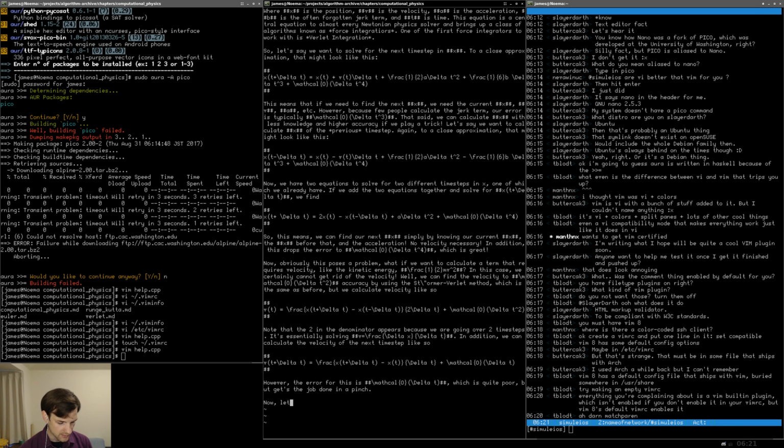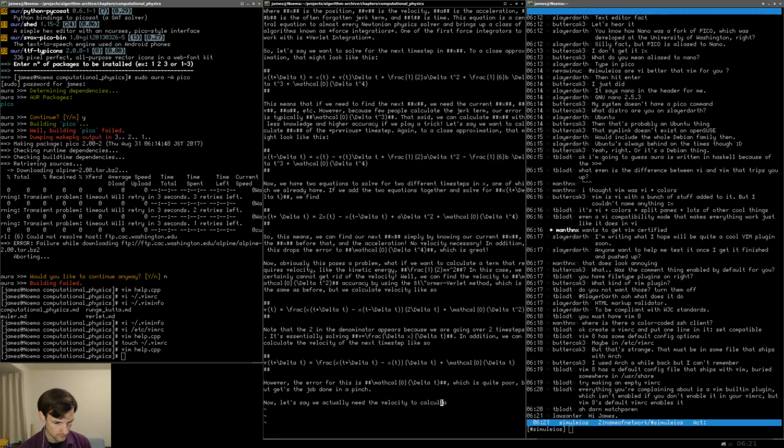Now, let's say we actually need the velocity to calculate our next time step. Well, hey Lost Ender, what's up? Well, in this case, we need